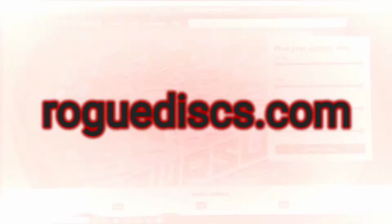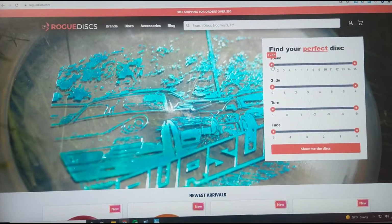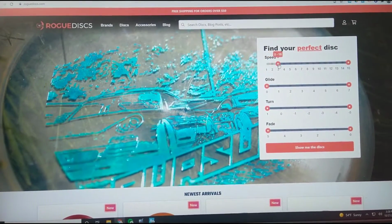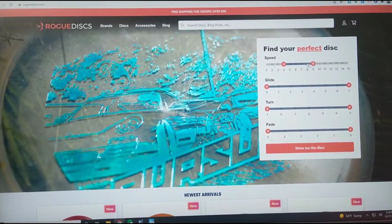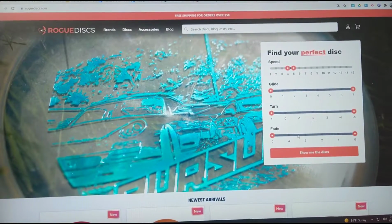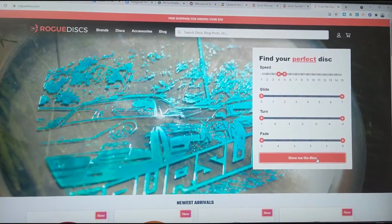And again, we're looking at the MVP Discs Neutron Reactor. Disc finder. So something that I do find and absolutely love about it is if I don't know the general idea of the speed of the disc, I do know that most mid-rangers are between 4 and 5. We can leave the glide the same, the turn open, and the fade open as well. And we'll just leave it at that, and we'll see if we can find that